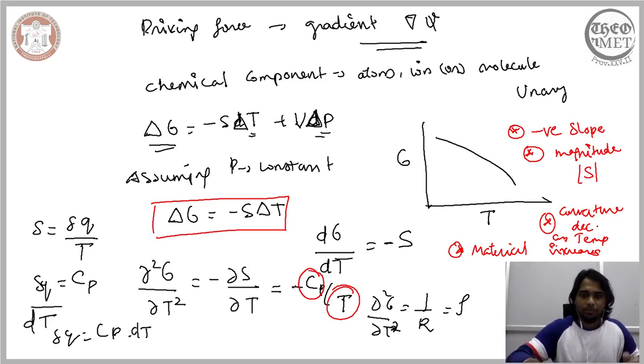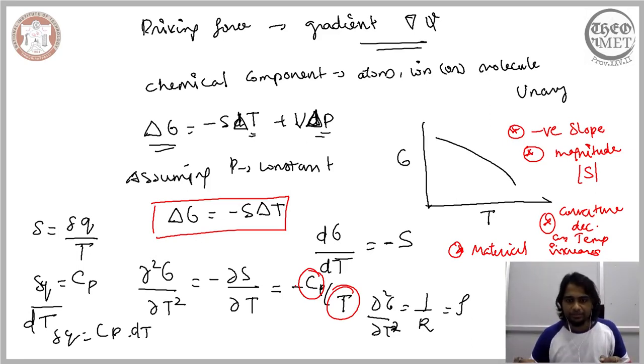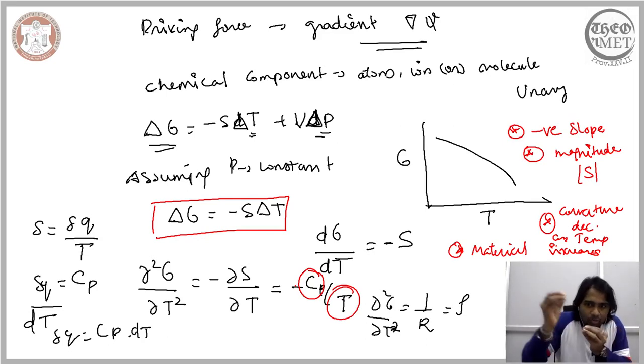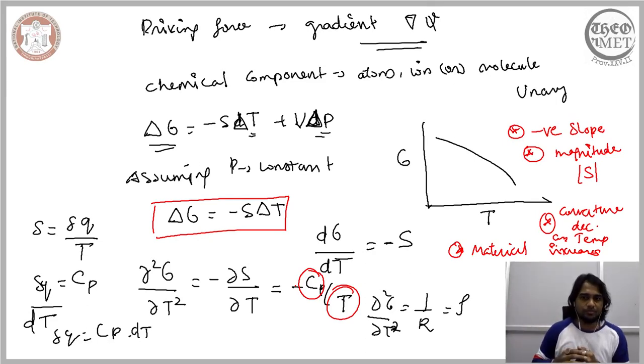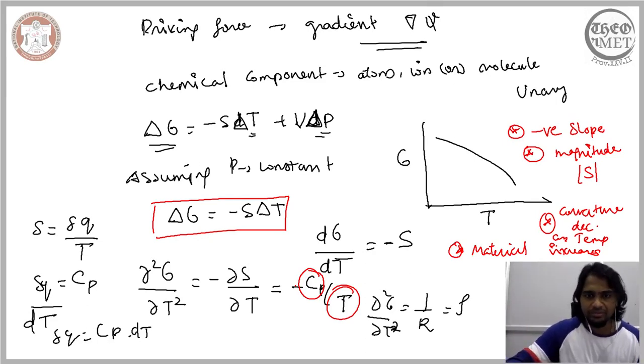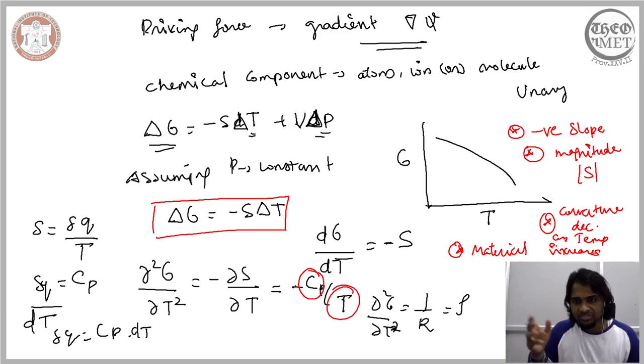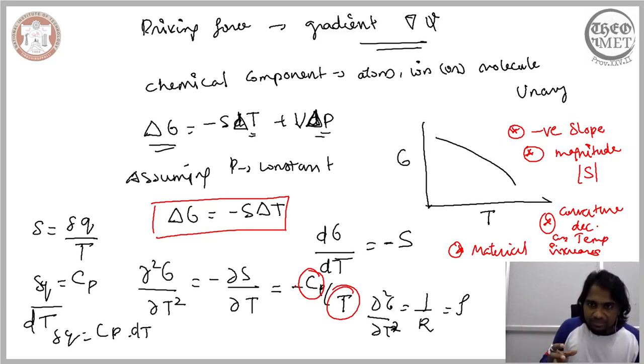That is primarily because the curvature of this curve depends on the heat capacity. And there is also another reason we should expect a difference in the two plots when we consider a given material in two different states. We will look into that in a few minutes or in the next lecture. Now, having understood why there should be two different Gibbs free energy versus temperature curves for a given material in two different states, let us consider how such a curve looks